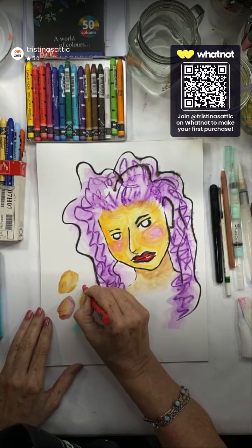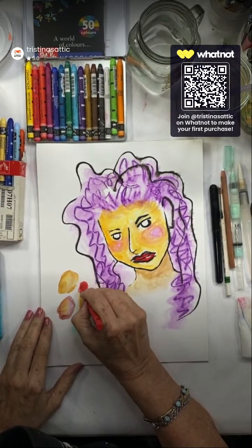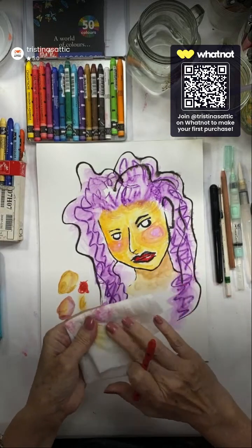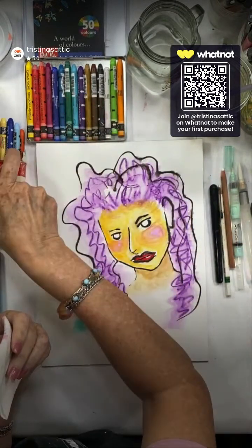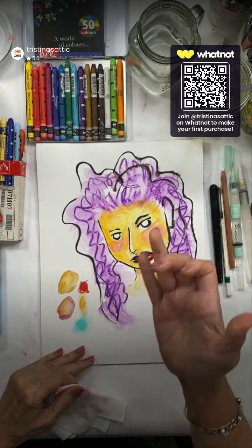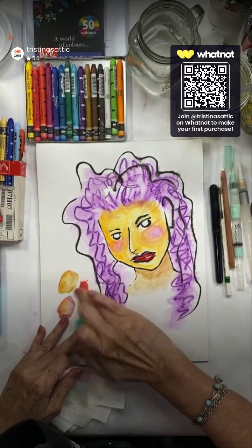So here's some of the NeoColor I, and then let's try that smudge again. I've got the blue on there. All right, I have to use a different finger. That's what ends up happening, right? It's like, okay, I have 10 smudgers, and then that's it. So I'm going to take a different finger. What you'll notice with these NeoColors,